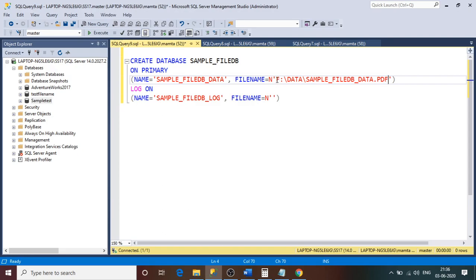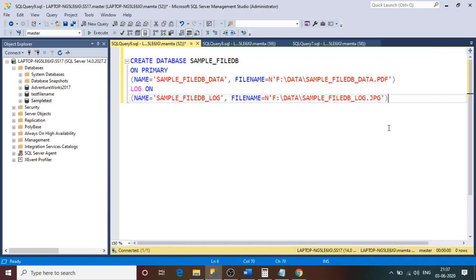Then let me take the same thing and create the file for the log. It's interesting. You just see till the end to see whether this database that we are going to create with this different file name extension is going to work or not. Okay, jpg.